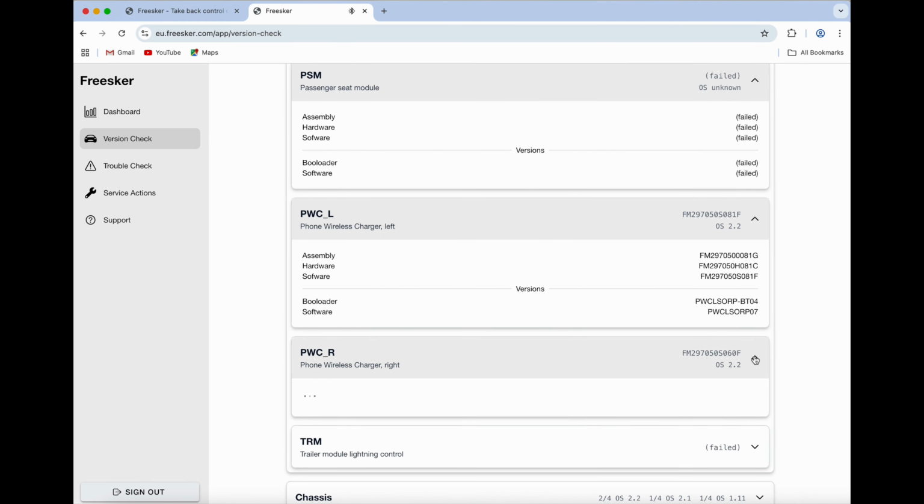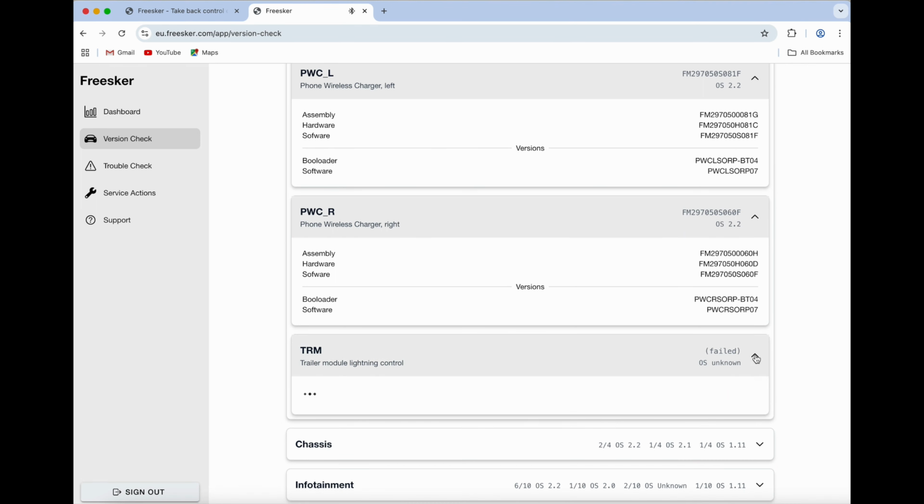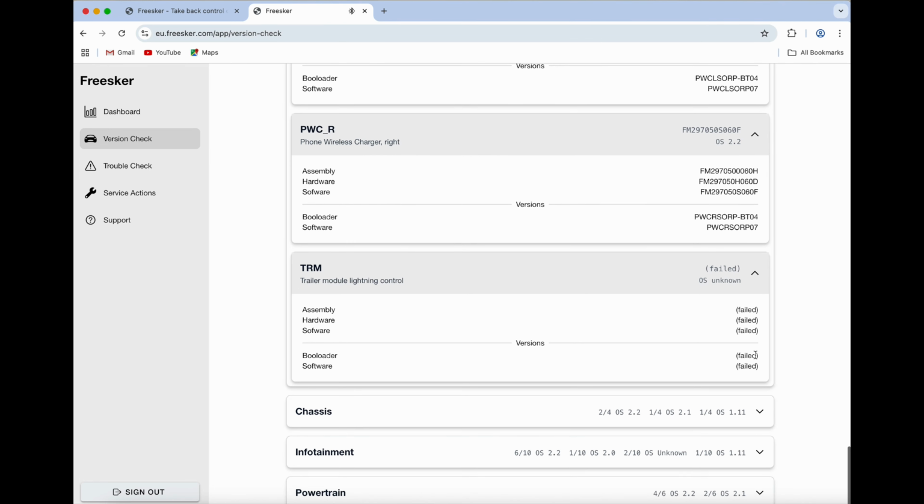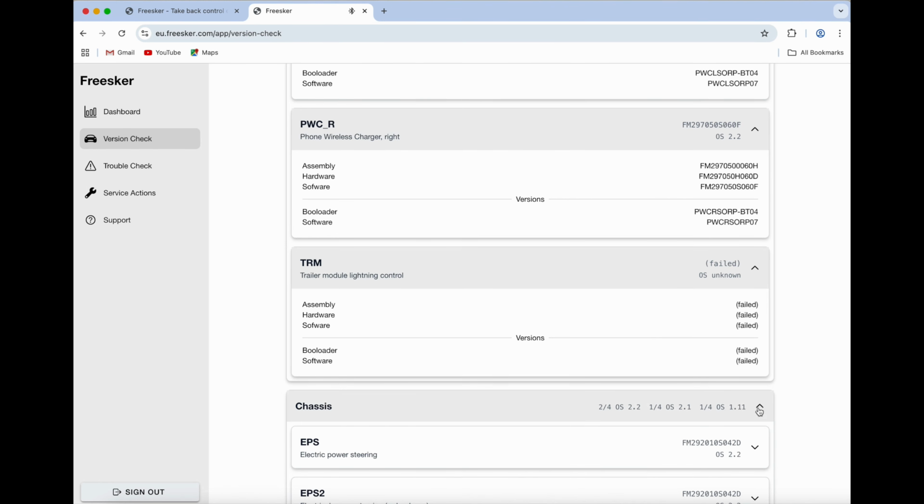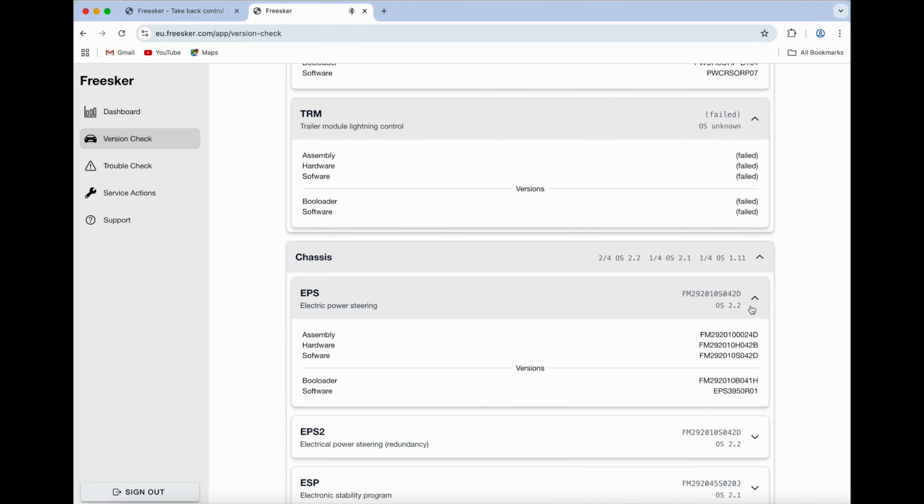I'm a little bit surprised I've got so much OS 2.2, which is presumably full OS 2.2, because apparently doesn't it go OS 2.2.1, OS 2.2.2.3, and then just says 2.2. So I read. Right, I'm not going to take a lot of notice of these, but I'm just going to whip them up quick. Electric power steering,